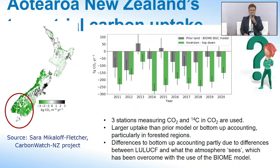So let me give you an example. This is a plot which is coming from our colleagues in New Zealand, and they use observations of CO2, and they use the thing which is called carbon-14, which is a radiocarbon isotope in the CO2. And they use it to attribute the uptake or emissions of CO2 in the country. Because if you have fossil fuel, then there is no radiocarbon in fossil fuel. So when you burn the fossil fuel, you reduce the amount of radiocarbon in the atmosphere. So it's proportional to the signal in the